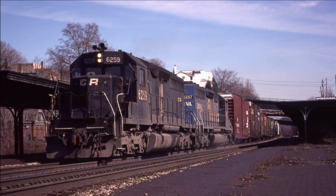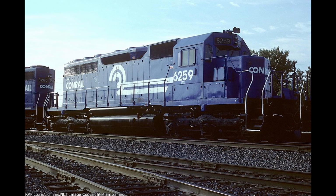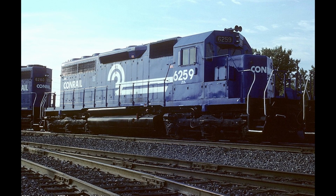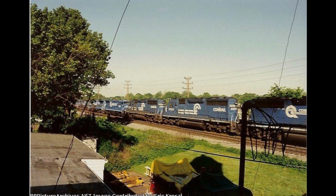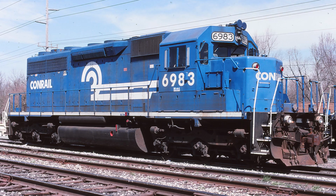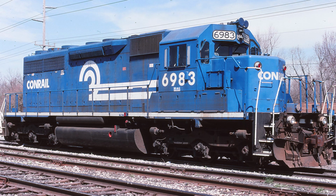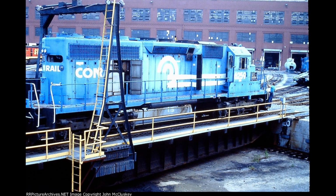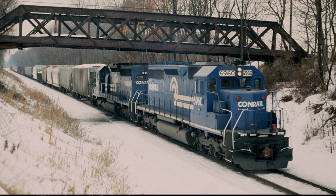6259 gained these stencils around 1977 and was eventually repainted with the iconic Conrail blue around 1982, as it continued to pull mainline freights on the former Pennsy Main Line. By 1993, Conrail launched a rebuild program to upgrade a limited number of their existing SD40s to the more numerous and successful SD40-2 specifications, labeled as the SD40-2R. 6259 was rebuilt at Conrail's Altoona shops into a -2R in the same year and was renumbered to 6960,